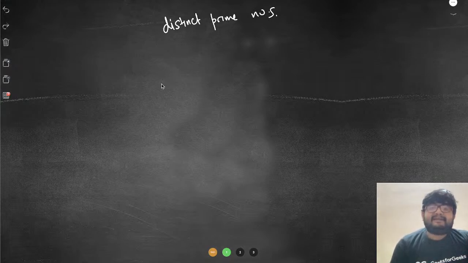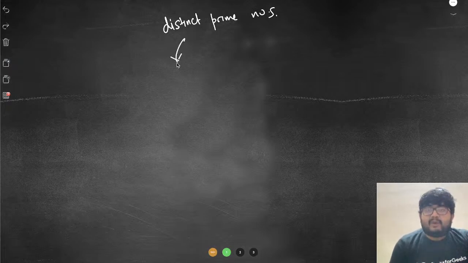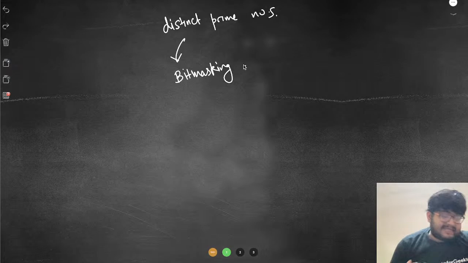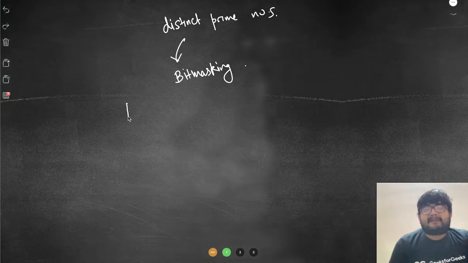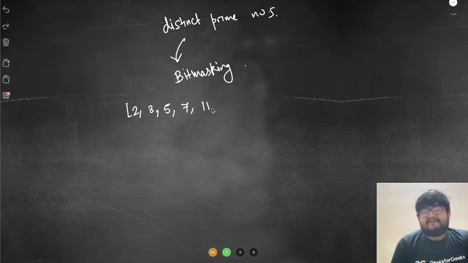One way to maintain the values you have taken is bit masking. So let's understand, can we do bit masking? What are the prime numbers till 30? All the elements are within 30. So 2 3 5 7 11 13 17 19